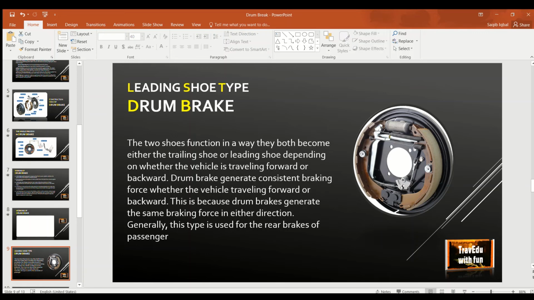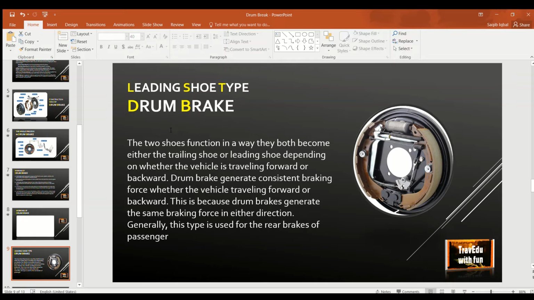Moving further, leading shoe type drum brake. The two shoes function in a way that they both become either the trailing shoe or the leading shoe depending on whether the vehicle is traveling forward or backward. So it depends on the traveling of the vehicle.